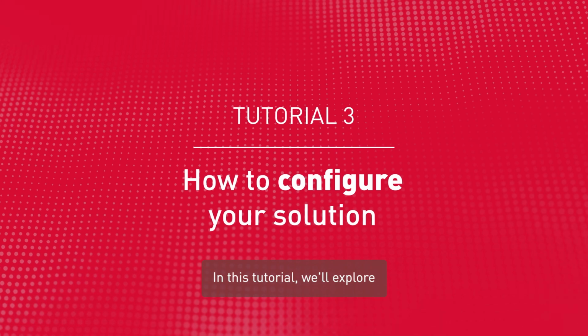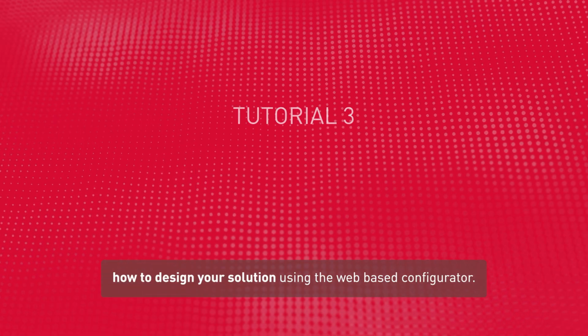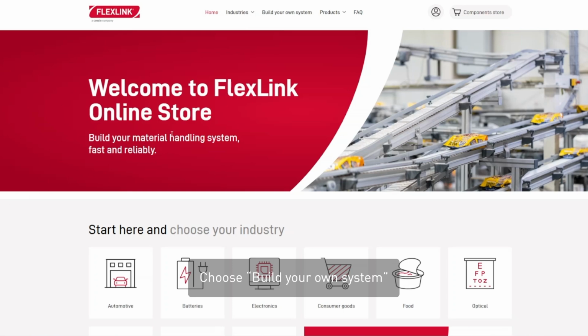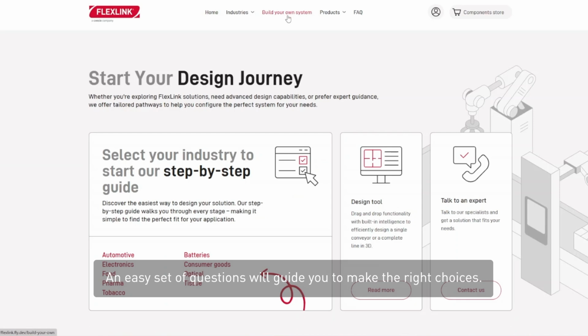In this tutorial, we'll explore how to design your solution using the web-based configurator. Choose building your own system to start designing your conveyor solution. An easy set of questions will guide you to make the right choices,